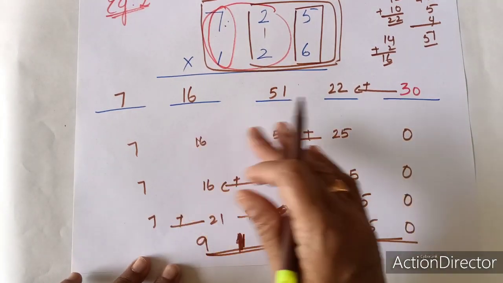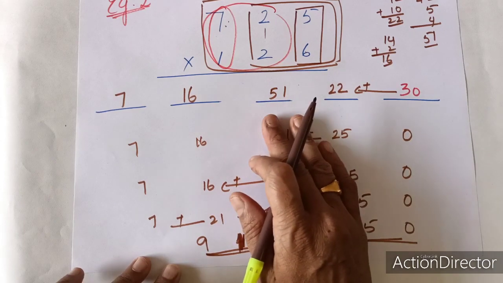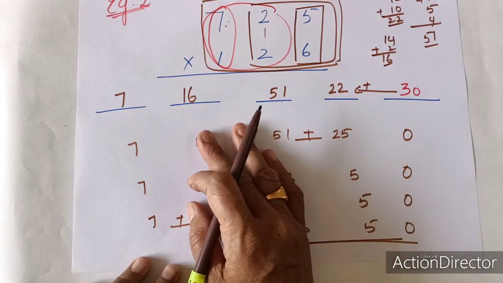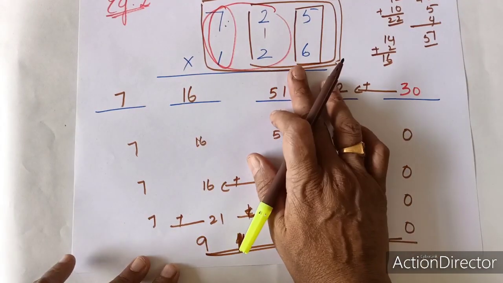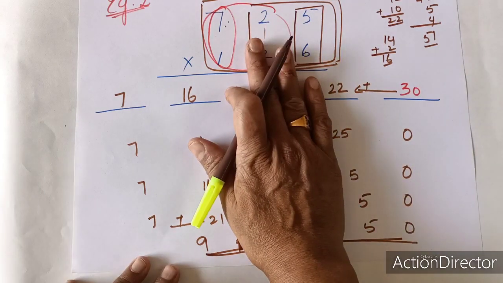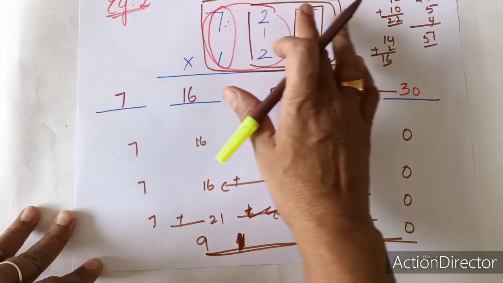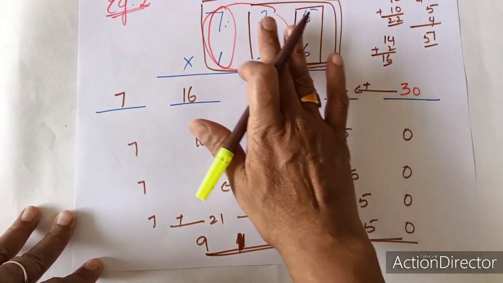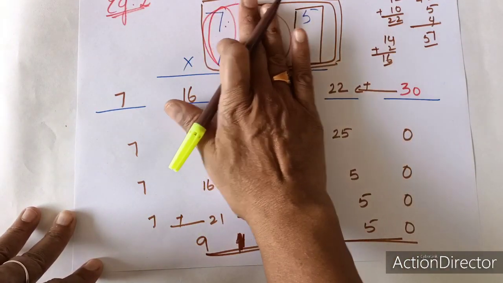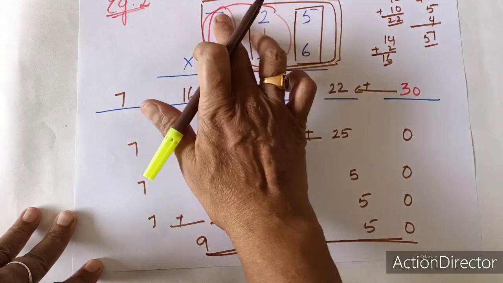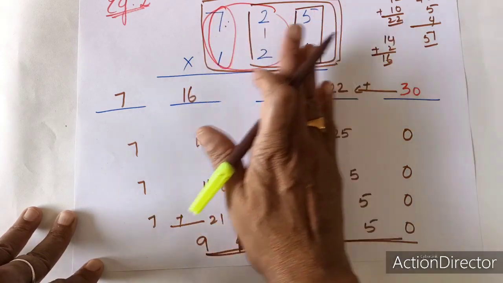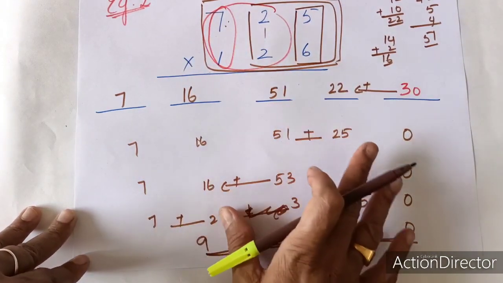While you are adding the carry, you look into it, you are being extra careful in adding the carry. So hope you understood this method. It's very easy. This we can follow for n by n digits also. Once you complete all, you can leave 1 by 1, 5, 6. Next, after completing these 4 digits, I am going to leave 2 by 2. Now these 2 and 2. Next, we are going to the last one. So in this way, we can proceed for n by n digits.